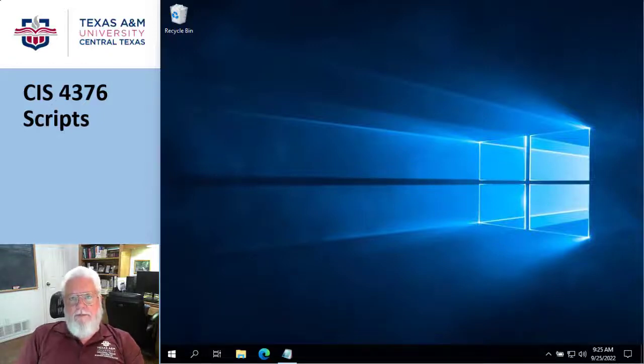Okay, welcome. This hands-on is going to be on doing scripts with Active Directory. Up to now, we've done everything with the GUI, right? Now we're going to learn how to do things from the command line. Well, not too much. The whole point of having scripts is that it takes no user intervention, so it can run in the background and doesn't require a human to be there to click on